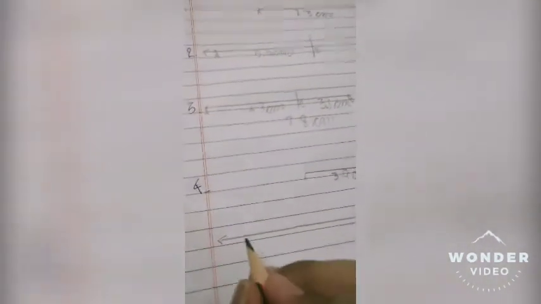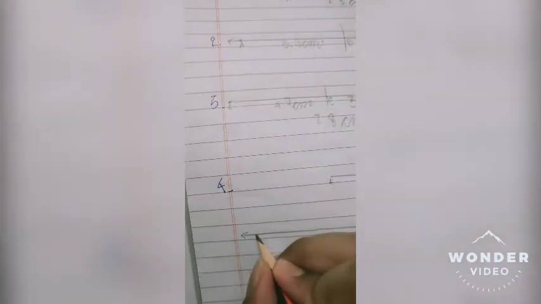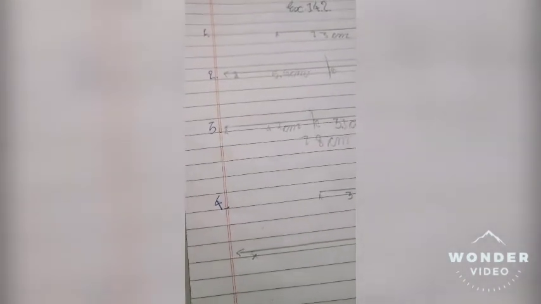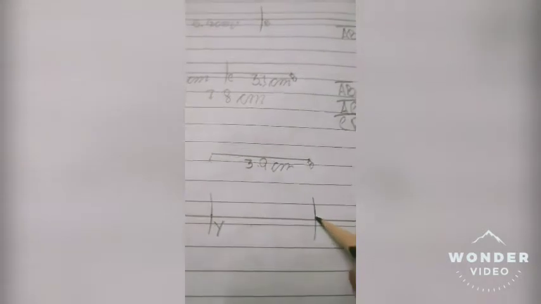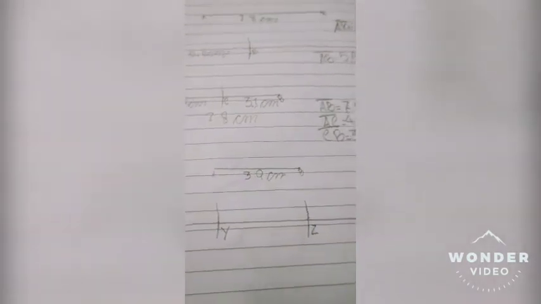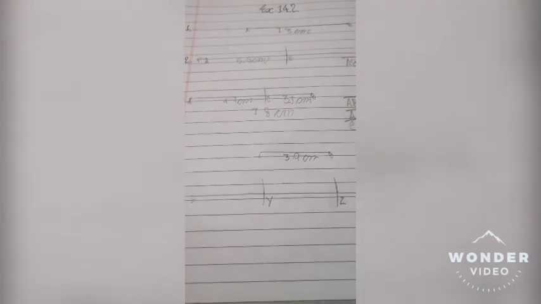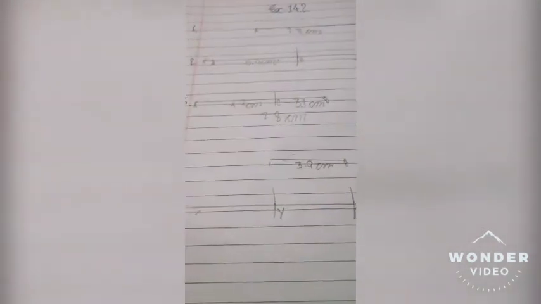Now we have to construct a line. So I have constructed the line l. So first we have to mark a point, something I'm marking it as X, a point X on it. Then we have to draw an arc. Mark this as Y. Then again we have to draw an arc without disturbing the compass. Now I have constructed again an arc. Mark it as Z. So XZ is equal to twice the length of AB.